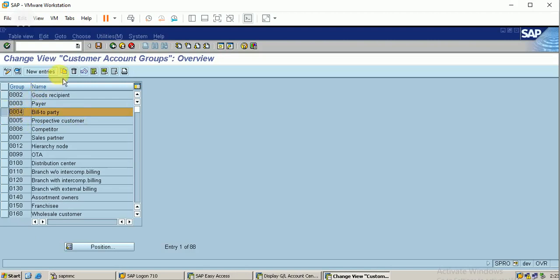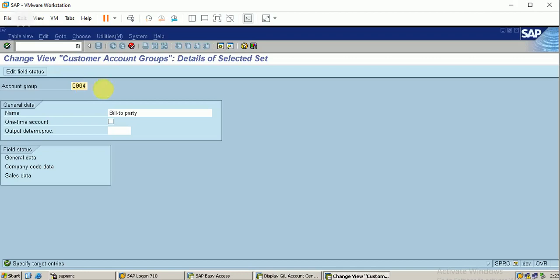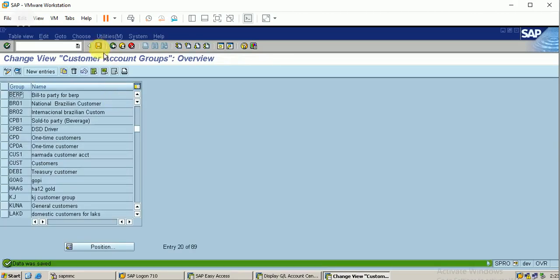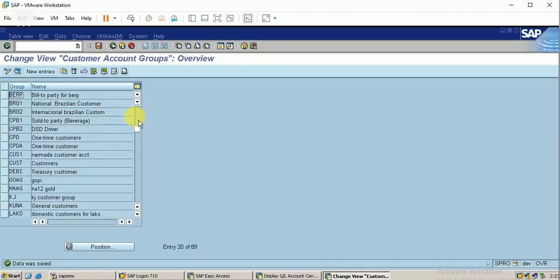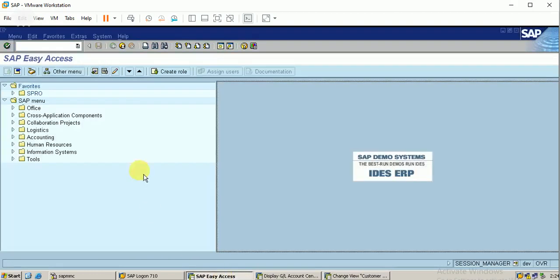I will select it and I will copy it and I will change the entry as my entry for BERP. Okay, just click on enter, click on save, so that the entries will be copied to my group, that is BERP.